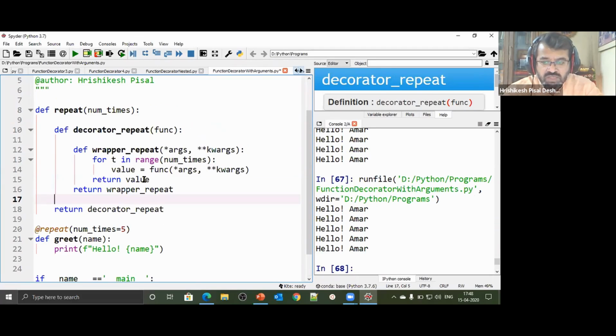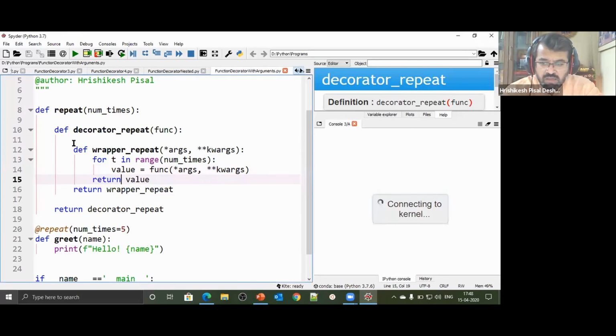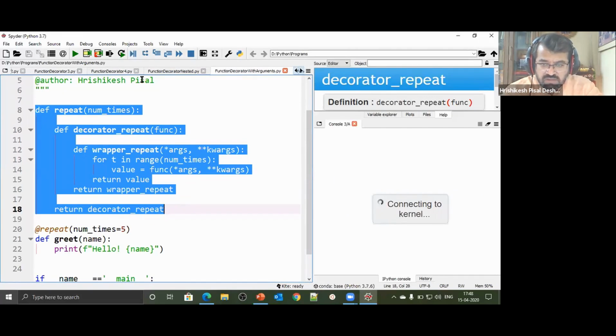Understand करने की कोशिश करो, मगर थोड़ा सा confusing है. Just pay attention here. Forget about what I have done later. नीचे और क्या क्या है वो भूल जाइए for a moment. What I have done at the bottom, just forget it for a moment. Just focus on this repeat function once.